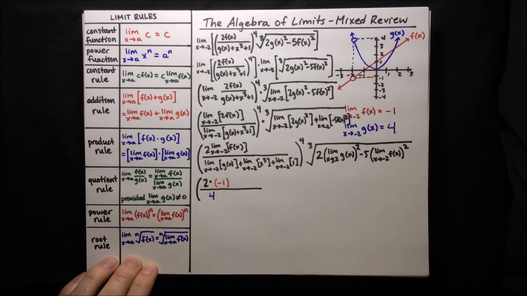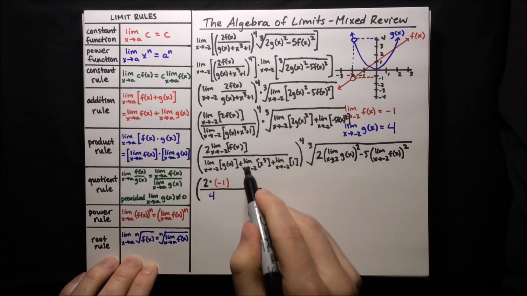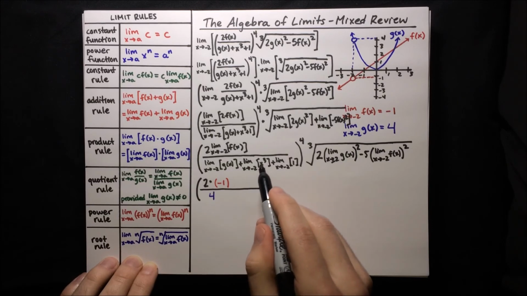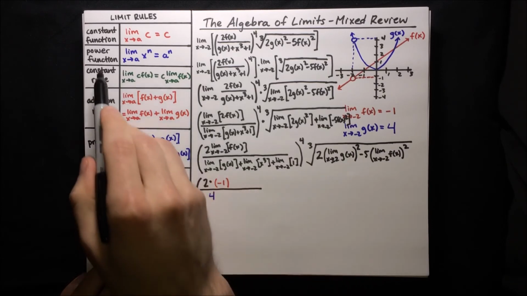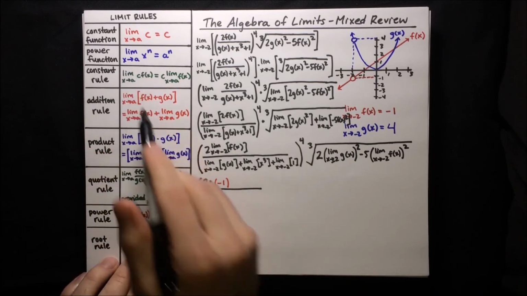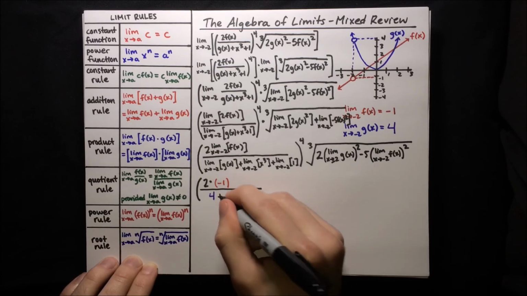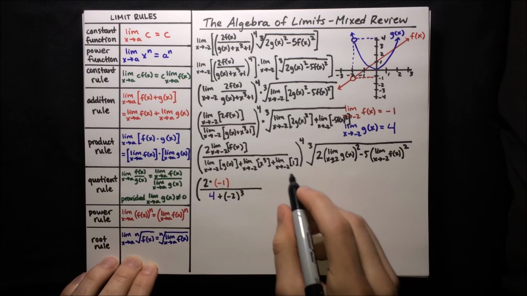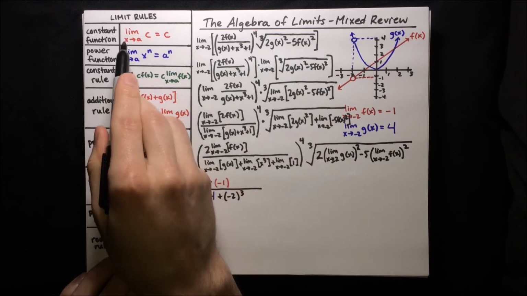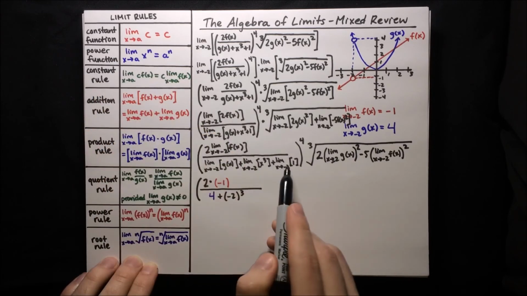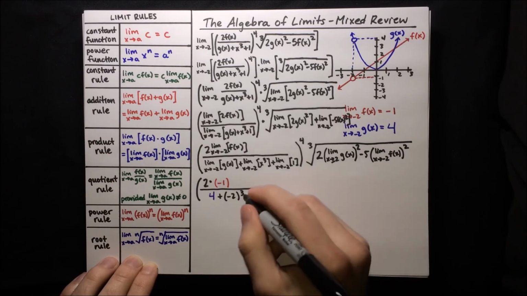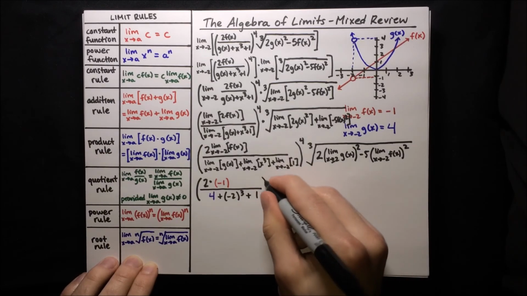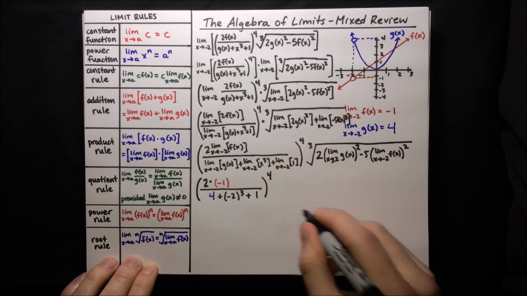So 4, and then plus the limit as x approaches -2 of x to the third, and that's a power function, so we can just plug it right in. So that's plus -2 to the third, and then plus, well, the limit of a constant according to the constant function rule, that's just 1. It's just the constant itself, and that's all raised to the 4th power,